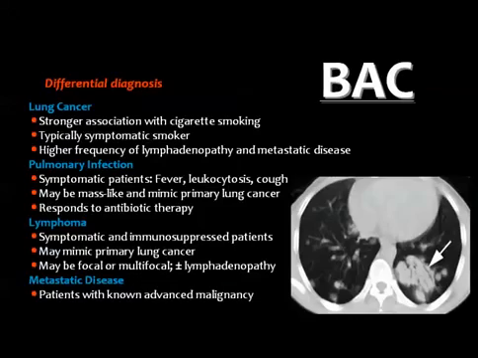This is also one of the good signs to diagnose alveolar cell carcinoma: the presence of an area of consolidation containing air bronchogram together with pulmonary nodules, either in the same lung or in the opposite lung, because these nodules will coalesce to form patches. The only disease which produces this appearance is bronchoalveolar carcinoma. And this is the differential diagnosis. Lung cancer has a strong association with smoking. Bronchoalveolar is not. And there are symptoms, and there is a high frequency of lymphadenopathy and metastatic disease, which is